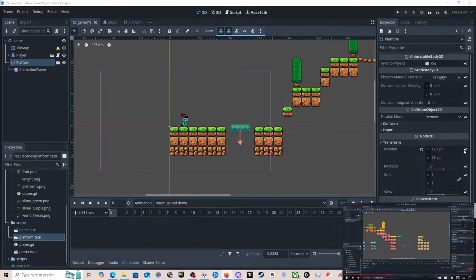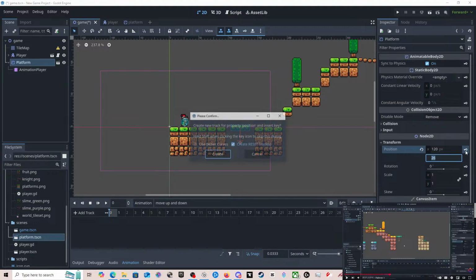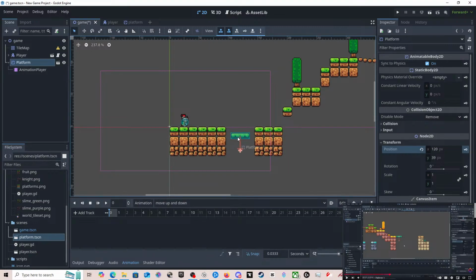Okay, so that is our X. We don't want to use X because I think X is left and right, Y is up and down, because it's 2D, so we don't get a Z. I think. So we want to key Y.